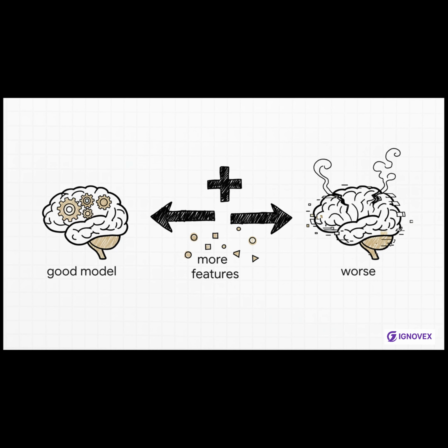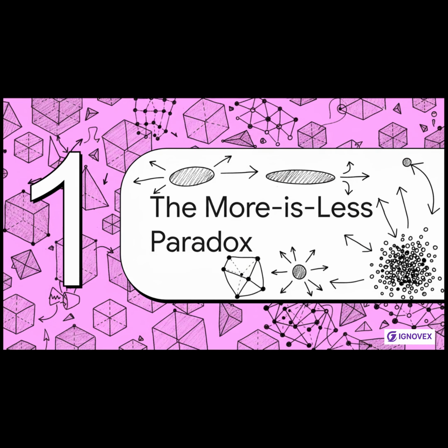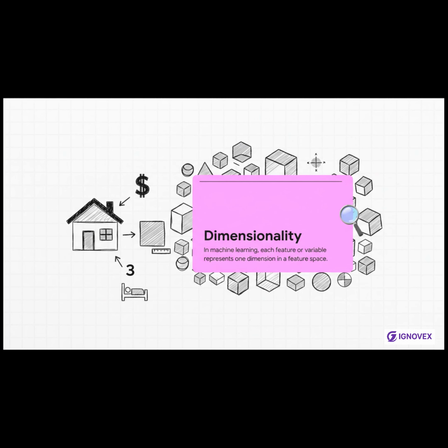No, this is a fundamental, totally unavoidable property of how data behaves in these really high dimensions. Understanding this is the key to unlocking how modern machine learning actually works. And it's why just having more data isn't always the answer. All right, to really get our heads around this, first we need to talk about what dimensionality even means here. And get ready, because your intuition about basic things like space and distance is about to get turned completely upside down.